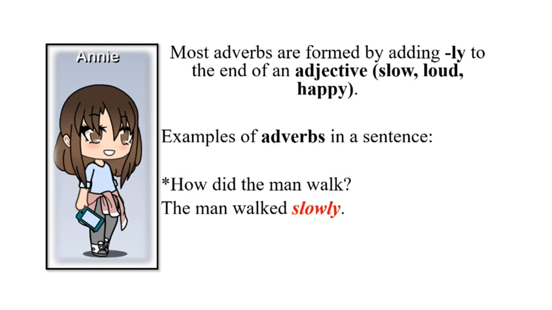This man is slow. Opisujemo da je on spor. To je onda pridev. Međutim, način na koji on hoda, slowly, to je prilog. Jer opisujemo način na koji hoda, a ne njega. Ne znači da je on spor ako hoda sporo. Možda misli brzo. Možda brzo kuca. Možda brzo misli. Možda brzo priča. Ali hoda sporo. Kako on hoda?